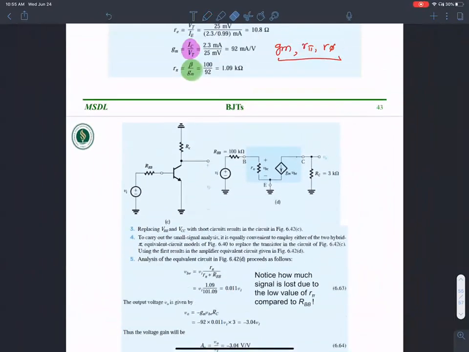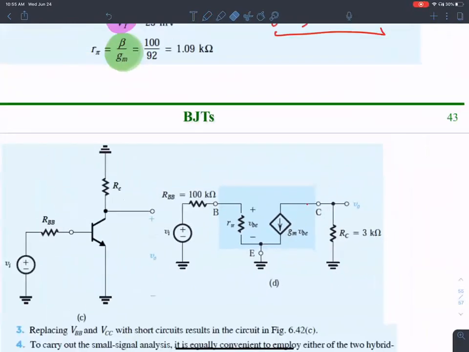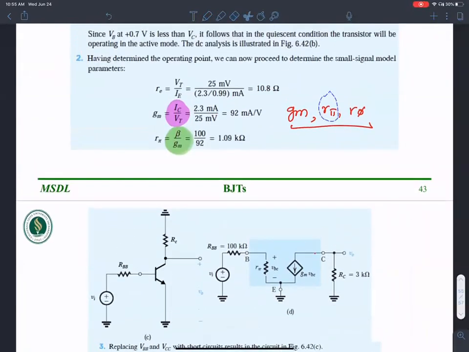Now, once you do that, what you have done is simply use this value of R pi. You can plug that in right here. That's R pi. This GM can be used here. And then remember this RC, the external resistance, is connected on the load. The 3 kilo ohm resistance happens to be the load. Now we do the AC